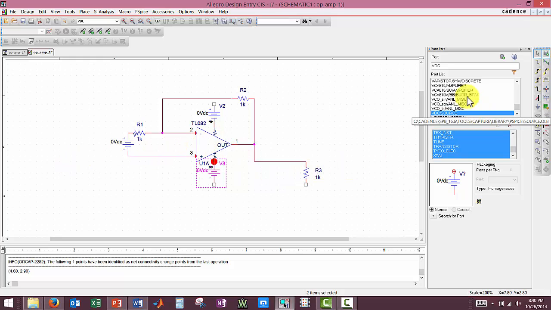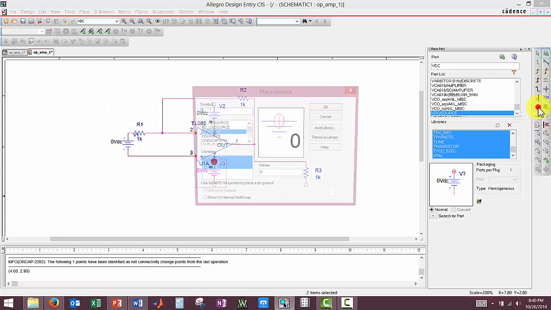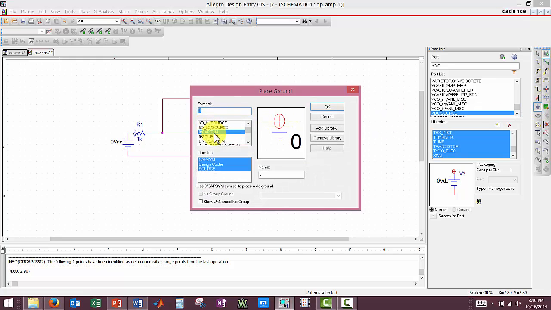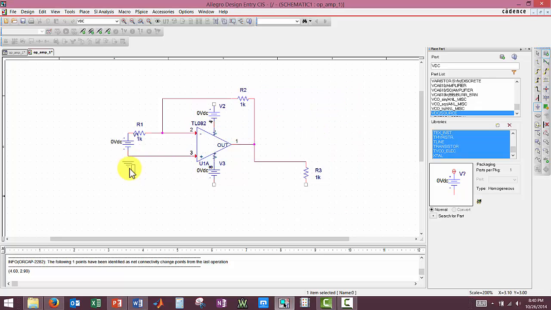Now our ground connections, we will not find them in here, but we will find it over here on our toolbar to the right, and you will see a little ground symbol. Double click that, and the important part is that you have this little 0 on your ground. You cannot use these if they do not have the 0, the system will not recognize it as a true ground. So we're going to go ahead and use this first one that popped up, click OK,